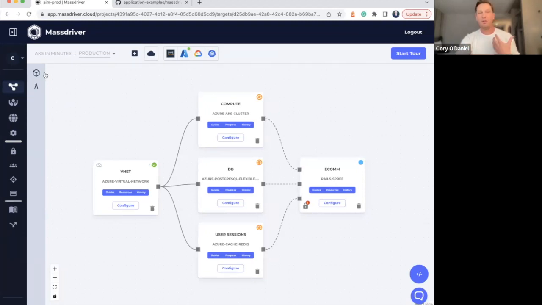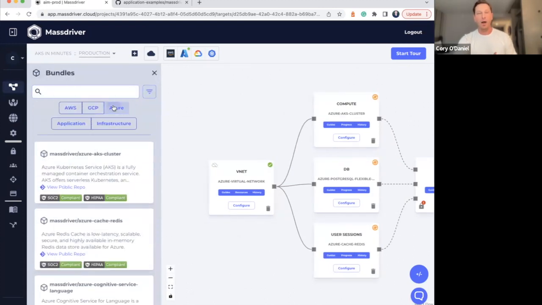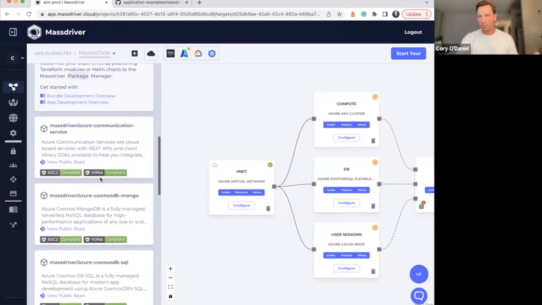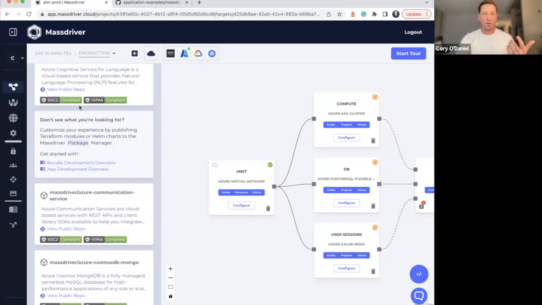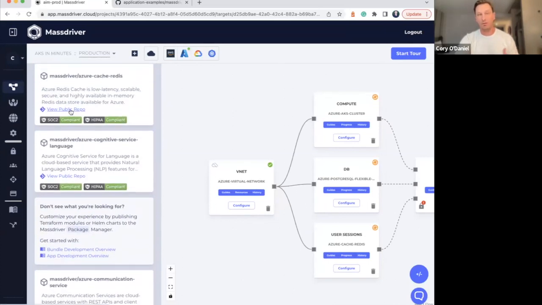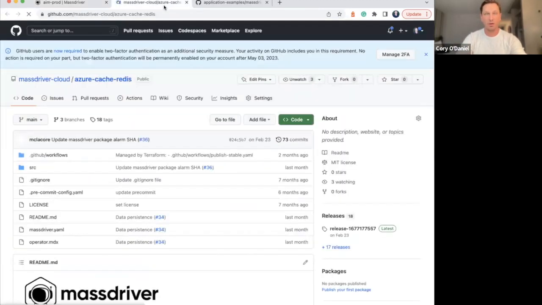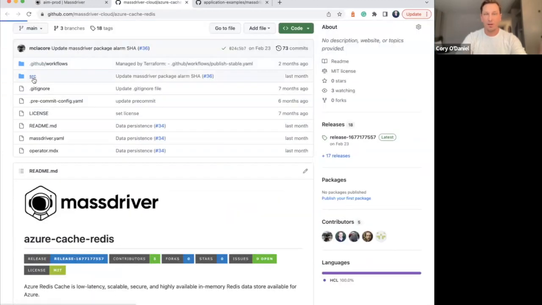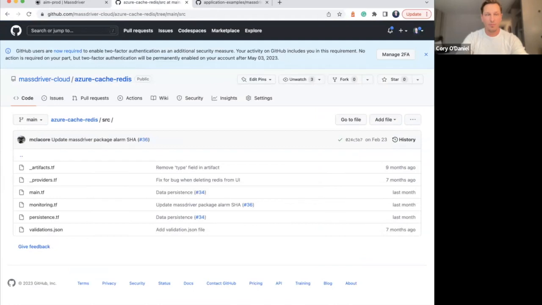So again, everything that you see in Massdriver is extendable. We build a number of bundles, but you can publish your own. You can also see that we open source all the bundles that we build. So if you aren't a Massdriver customer and you just want to use really good Terraform modules for managing your cloud infrastructure, these are just Terraform under the hood. If we hop over here, you can see that this is just a regular Terraform module that you can come in, fork this, make modifications to it, publish it to the Terraform registry or to the Massdriver registry, and be